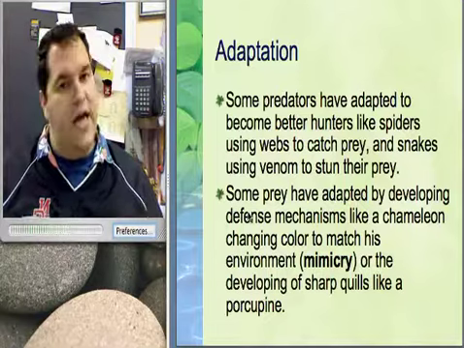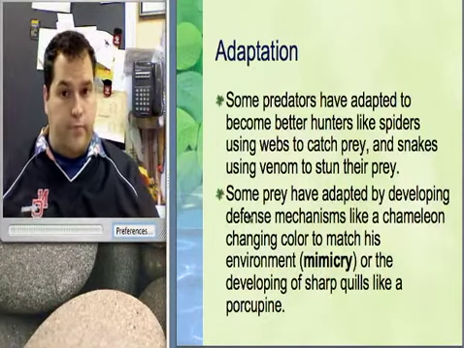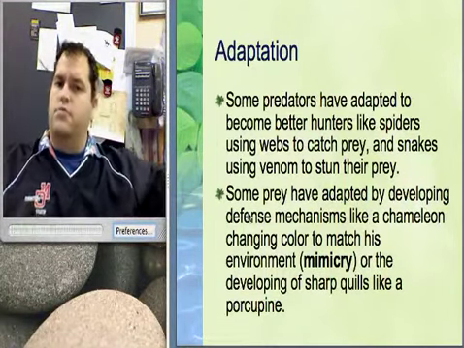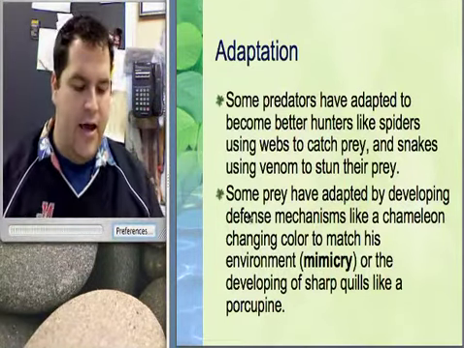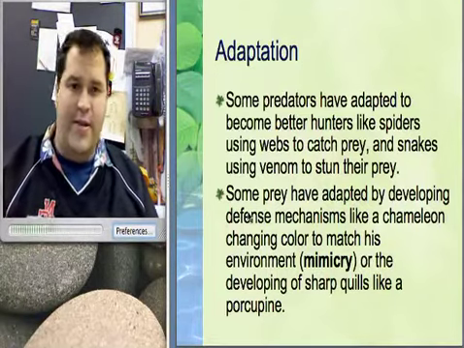It's hard to catch, but you can't see. And finally, a porcupine grows quills. Quills make it hard for something to get at it. It's going to get stuck. It's going to hurt. And of course, we think about ecology and we think about these interactions and we think,